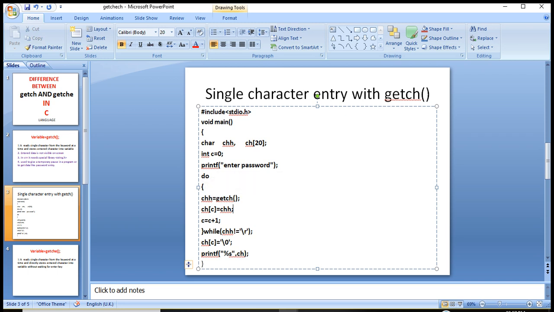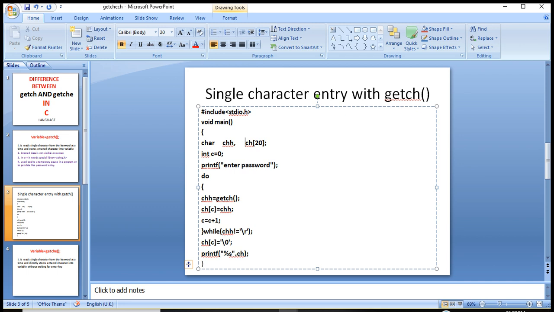Then we are storing chh variable data into the ch array. ch[20] is the string array, at 0 position.